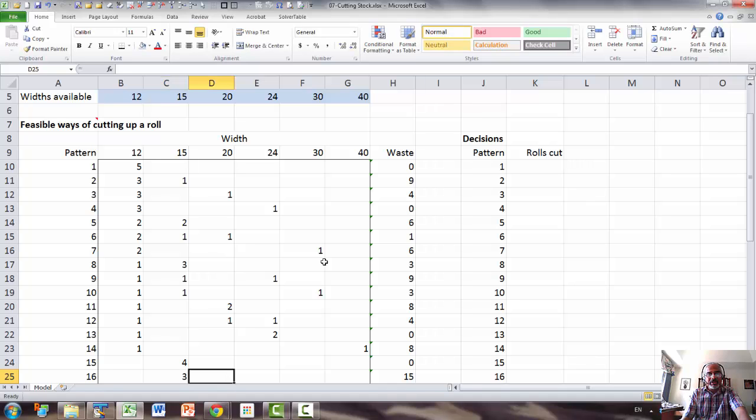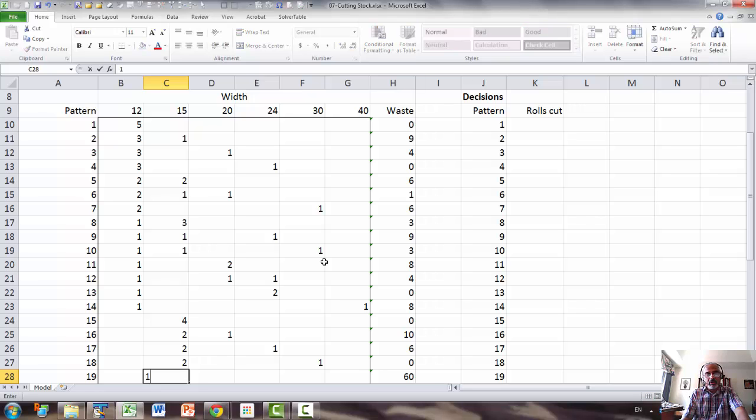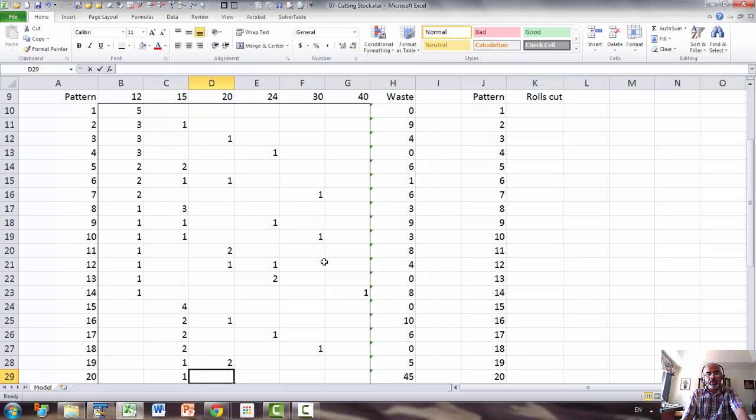Then we can't have 3 because that would be same as 4, so we have to go down to 2. And 20, so don't jump to 30 right now. Okay, if you have to do it in a systematic way. So if we can have 1, so 2, and now 0 here. Can we have 24? Okay, so that's good. So 2 and 1, so that's good. Now we come down to 1 here, 1 and 2, 1 and 1 and 1,